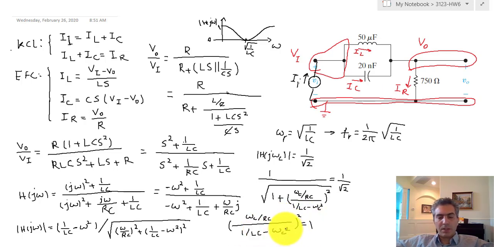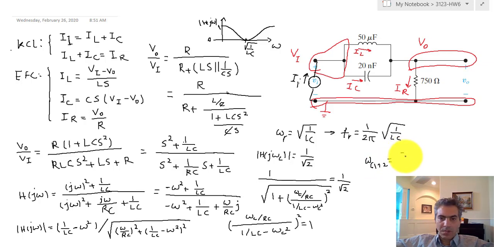So now you solve this equation. This is a 4th order equation, so you're going to get 4 different frequencies. 2 of them are going to end up being negative, so those are not acceptable, and the other 2 are acceptable, which then you just choose as your 2 cutoff frequencies, and those 2 are going to be in this form. I'm going to just write the result of that here. So ω_c1 and 2 are going to be in this form,